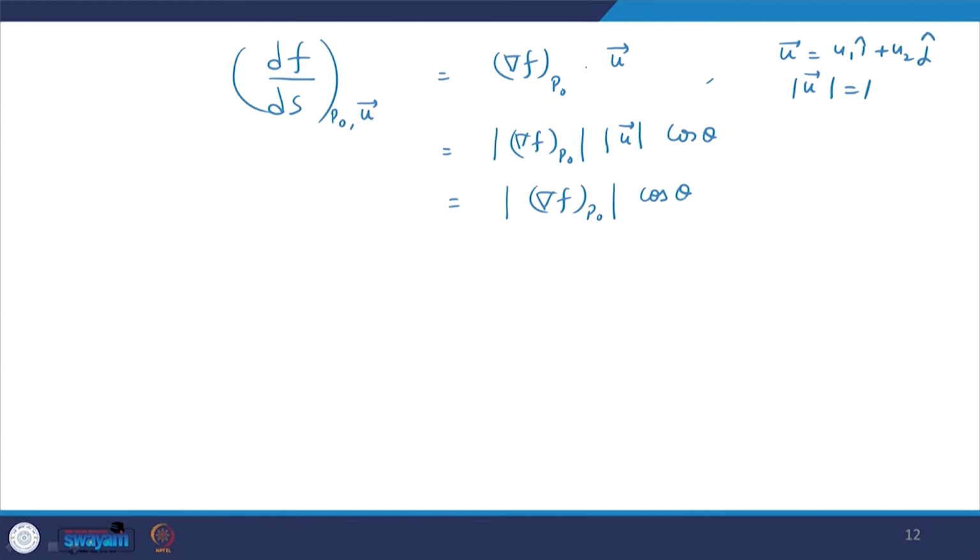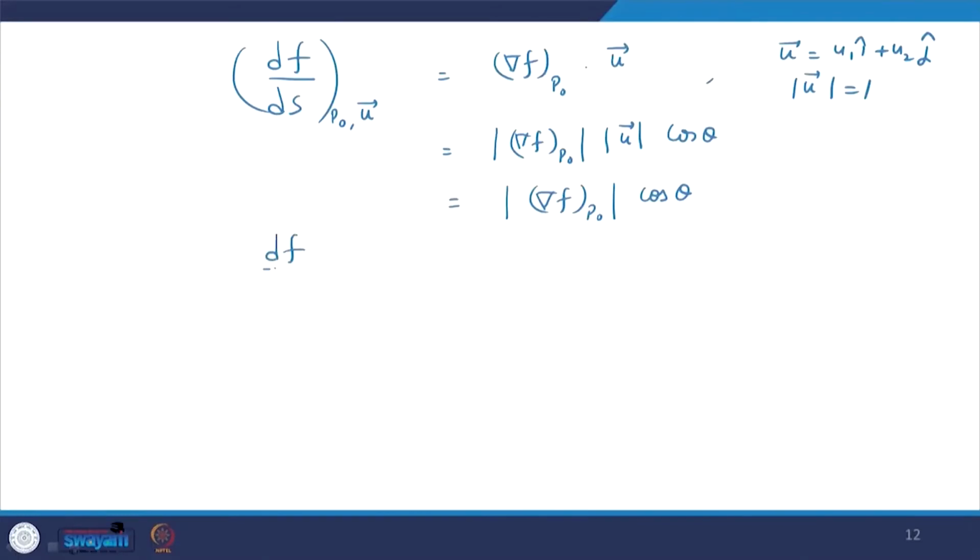So, in which direction? Because we do not know which u, we want to know which u is the direction at which the rate of change of f increases most rapidly. In order to find that direction, this cos theta must be maximum. So, df upon ds at p naught in the direction u is maximum